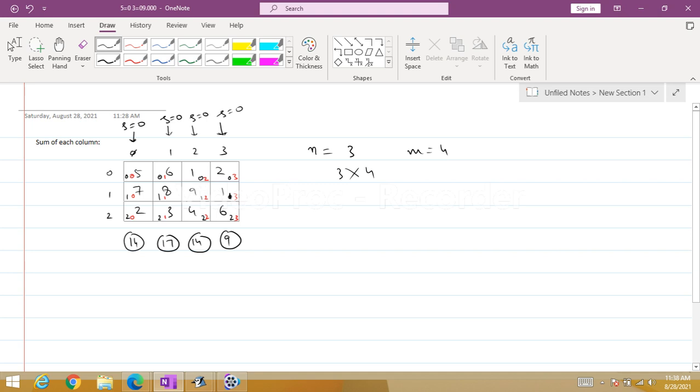When you are finding the sum of each column, your first emphasis should be given to the column.